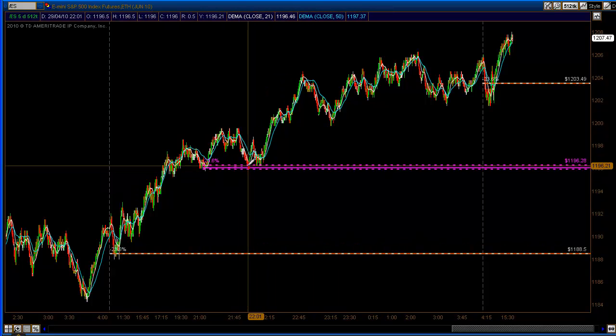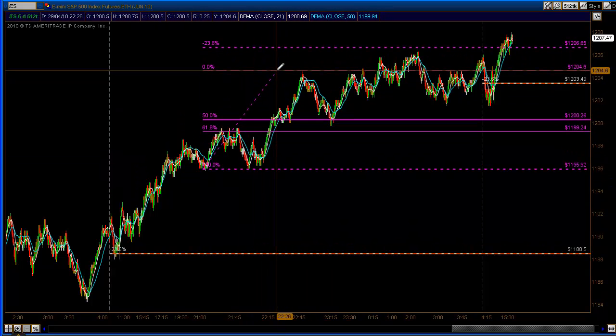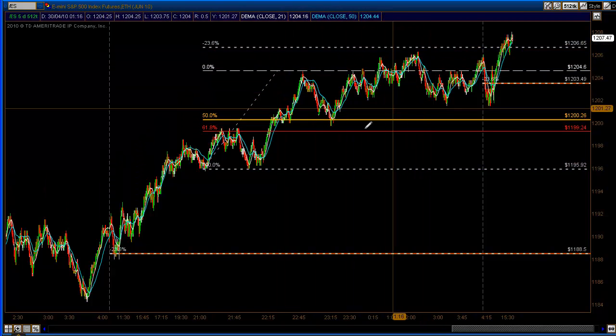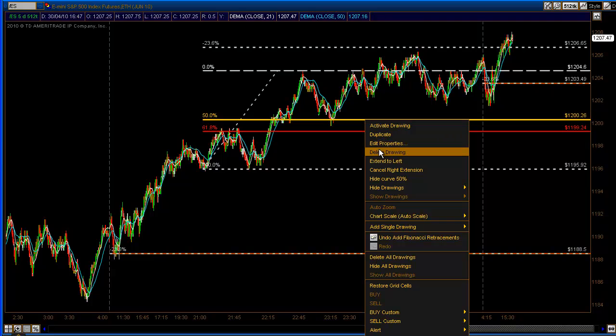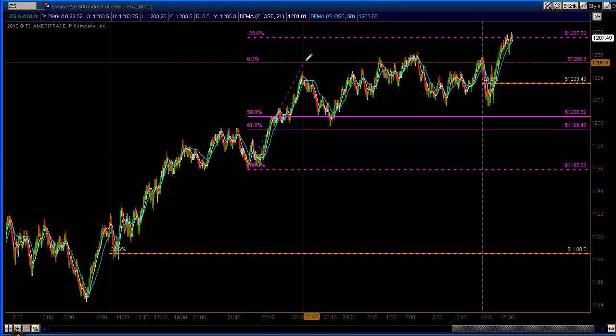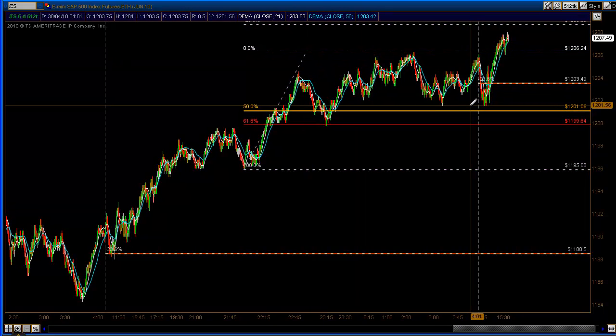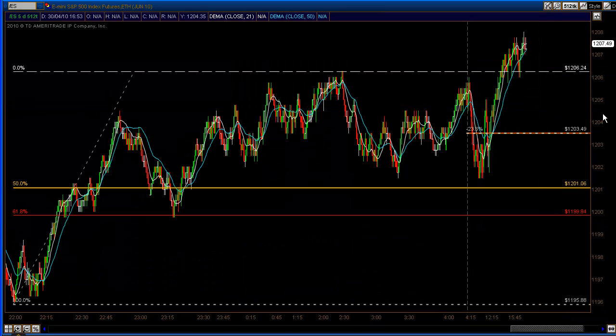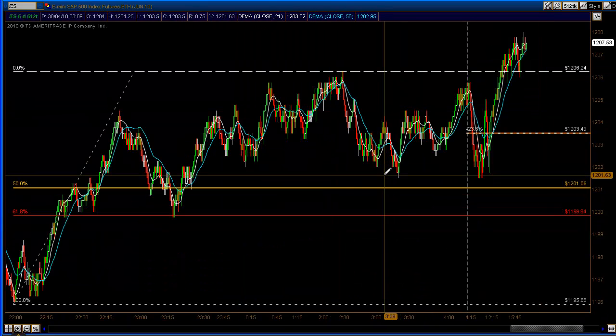Then trading hours opens up from that 10 o'clock low to the swing highs. That gave us a negative 23% target that hit. Again, that was the lows of the day here. We are drawing from the lows of the day at 10 o'clock. Again, we draw to highs. That gives us another pullback. Okay, this 50% has hit twice. We can take a closer look. It was front run